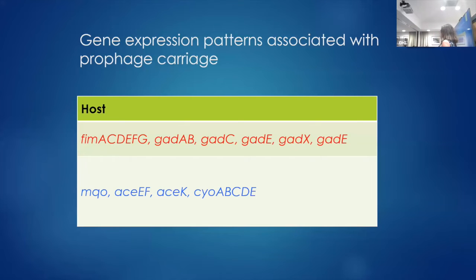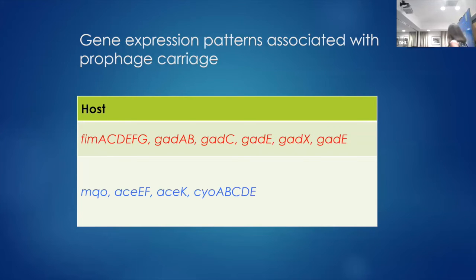Just picking the low-hanging fruit, because there were too many genes to look at, we identified that the E. coli lysogen had major changes in its motility-associated genes and in its acid adaptation genes. Now, it's already been shown that the GAD system was responsible for the acid resistance of E. coli O157. And that's why those organisms are able to have such a low infection dose as they transit through the gut. And these are E. coli genes. So it was never questioned further.